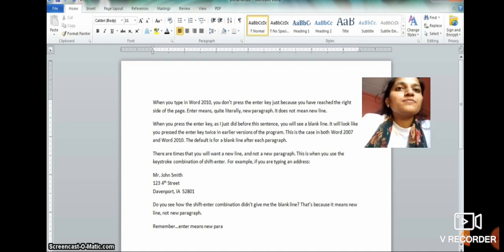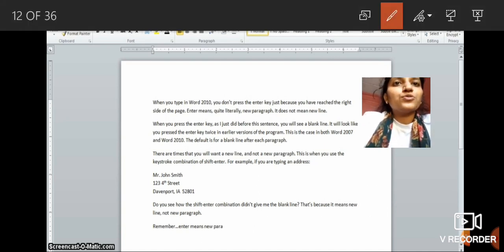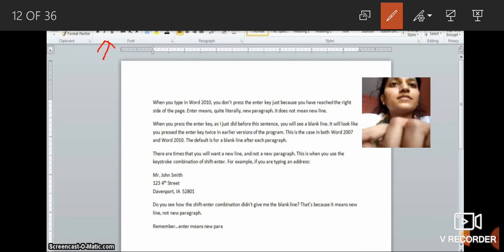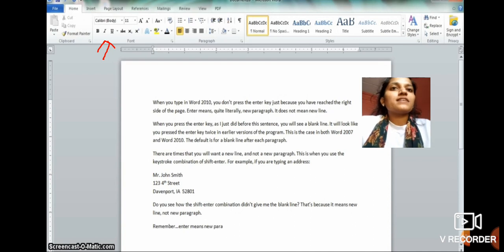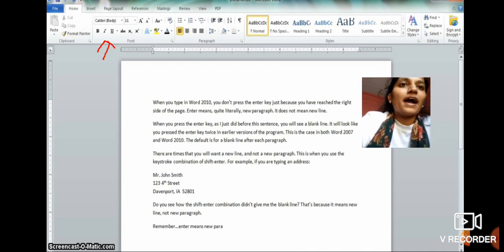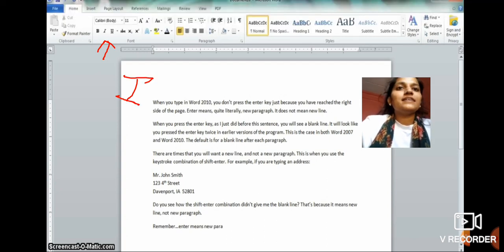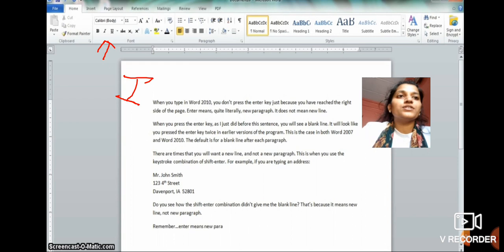And now italics means, students, here I would like to show you this. See this, italic means the font style which is denoted by I. So the font style which is denoted like this, that is the italic, and you are going to use italic for the data whatever you are going to type.